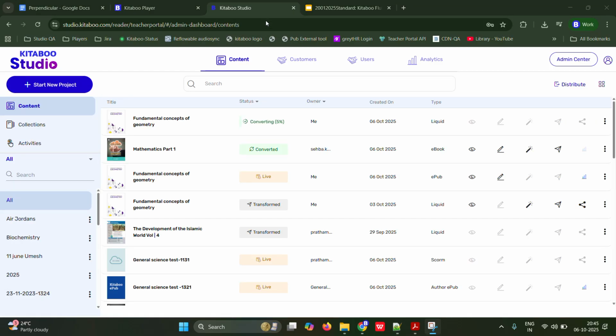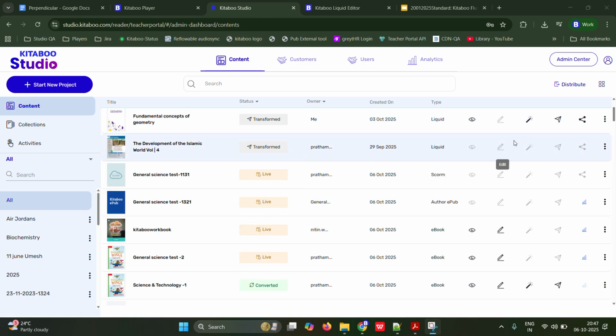So it will start the processing. It will take 5 to 6 minutes to convert a 100 page or 200 page title, and you can see the percentage is 5, but after some time, it will get converted very quickly. Once the conversion is completed and the importing process is completed, you can click on this start authoring button and it will